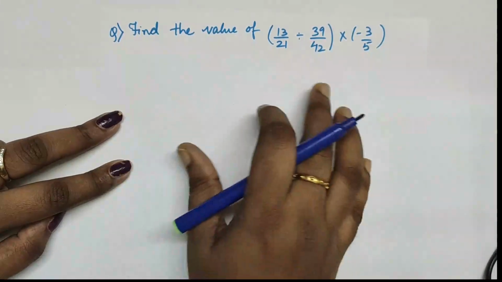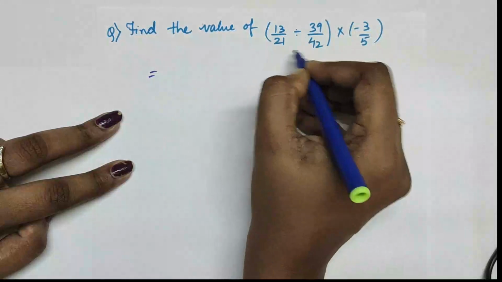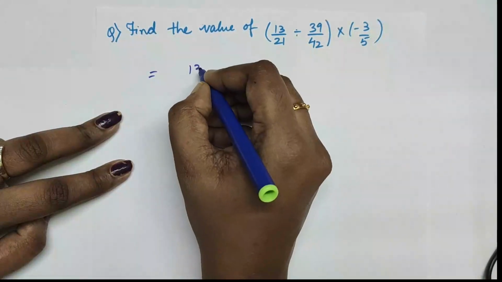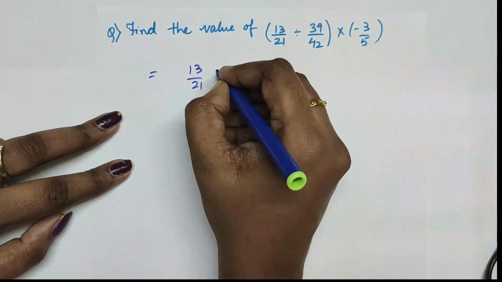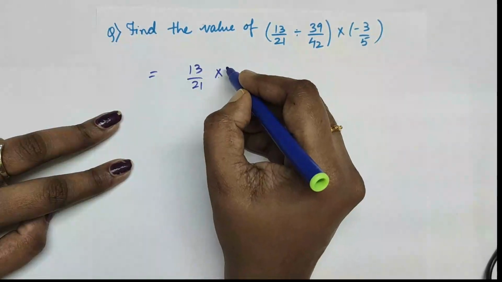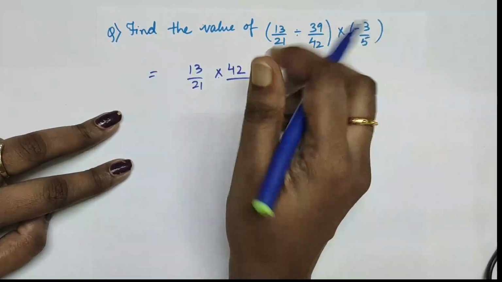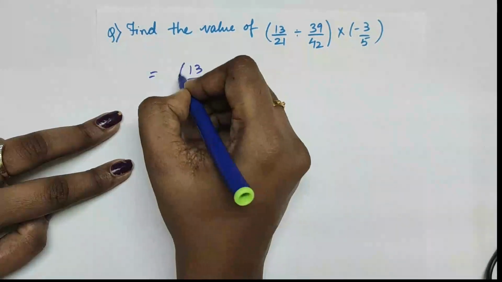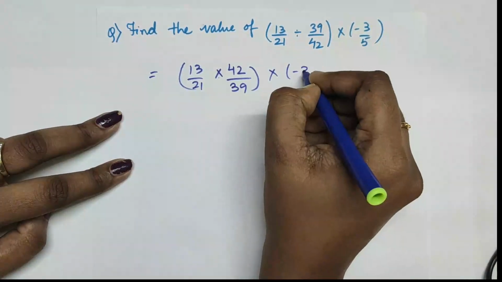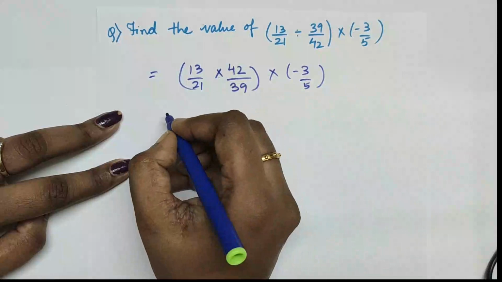And one more simple question I would like to show you, that is find the value of the given expression. So as it is in brackets, remember BODMAS always, and solve the bracket first. So the division will become a multiplication and the second part becomes the reciprocal. So the numerator goes up and the denominator comes down. This one as it is I am copying.